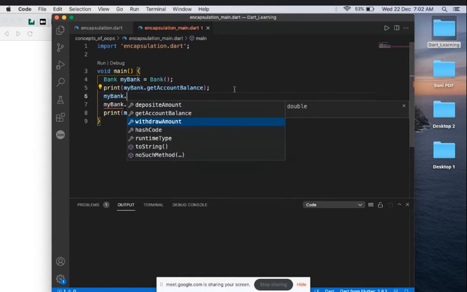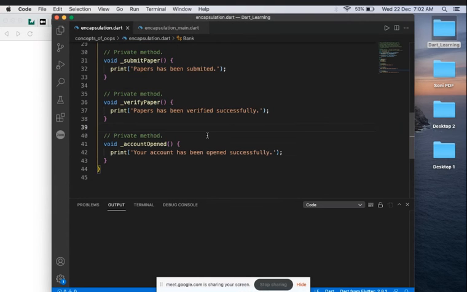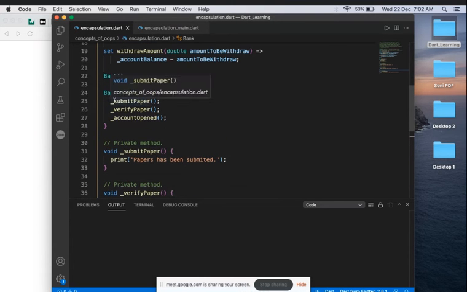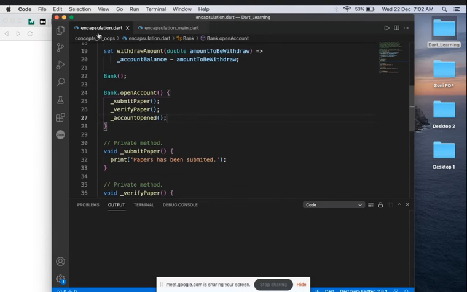We have only three getters: withdraw amount, get account balance, and deposit amount. Other than this, we have no methods available here. So basically, this is the way to hide something from the outside of a class and to create